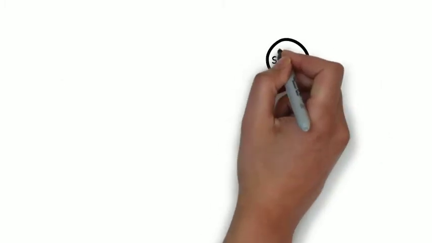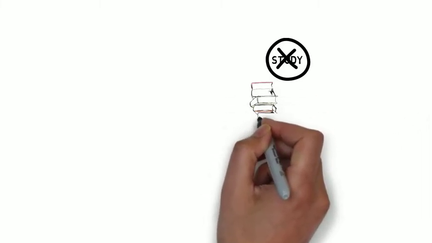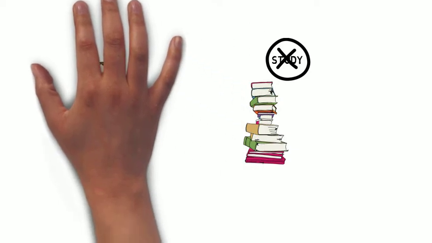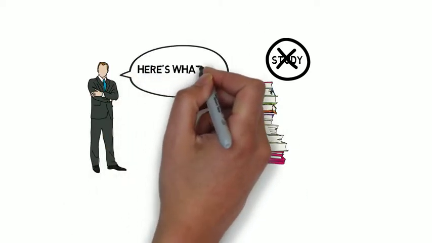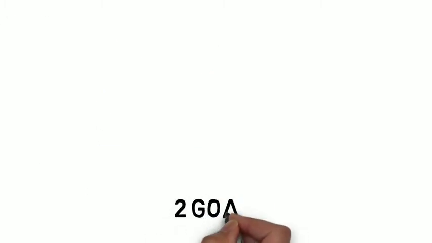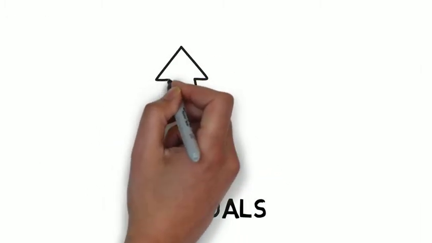This research article isn't one that presents a study. Rather, it's a study of studies, and that's part of what makes it so helpful. Instead of you or I having to dig up and read several studies on how aptitude affects learning, Skehan has done it for us. Skehan gives two goals for his article, which means we have two goals for this video.